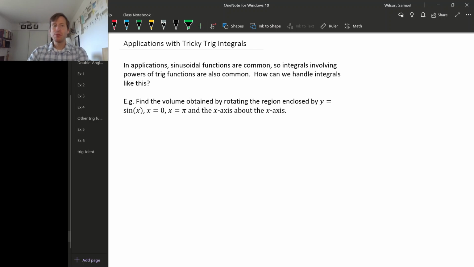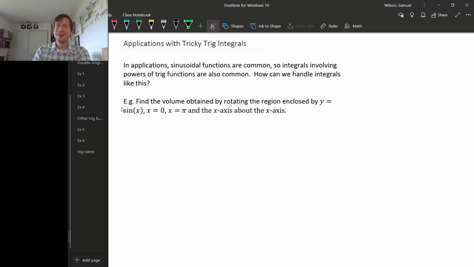Let's look at an example of a tricky integral that comes up that involves some trigonometric functions. So we're going to be looking at this example not just to have a new type of trick for integration, but because tricky integrals involving trig functions are actually pretty common in applications, in some geometric applications, but also especially